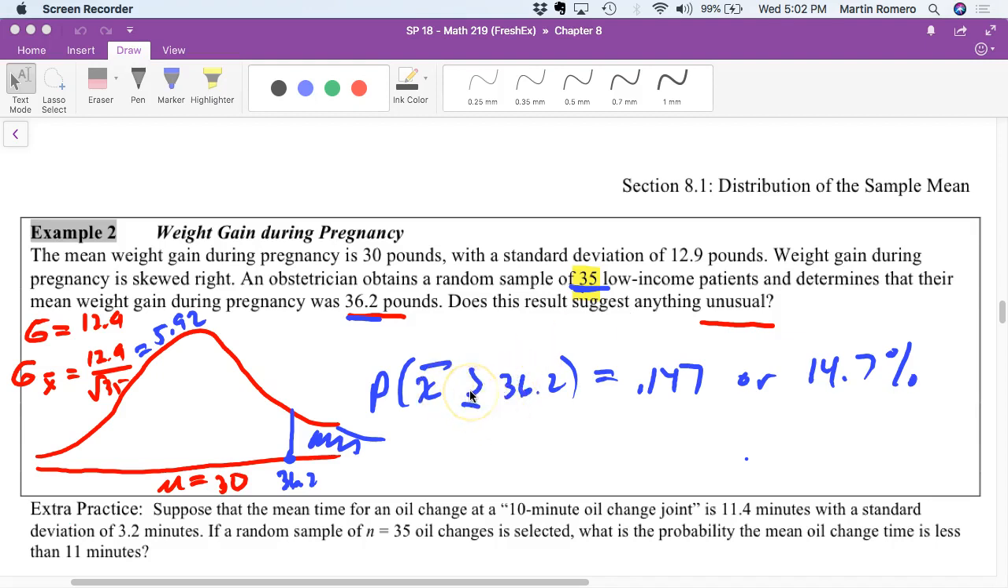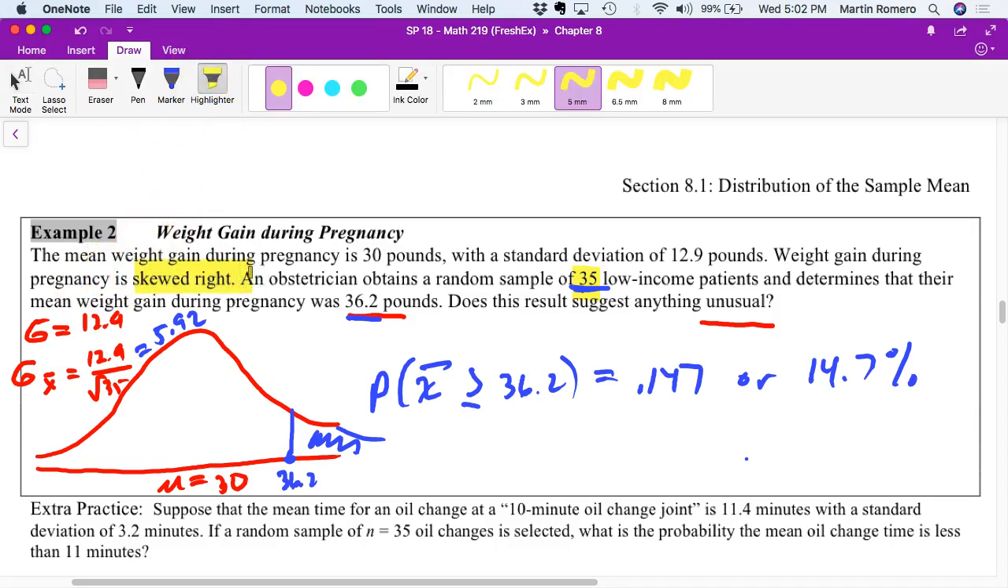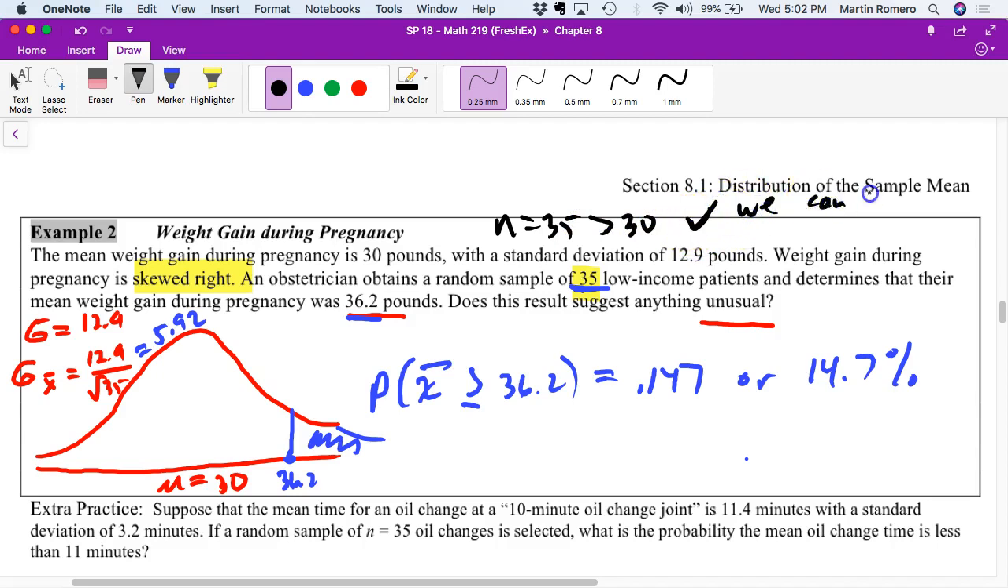And so in this case, what we're looking at is, what's the probability that the mean weight gain would be greater than or equal to 36.2 pounds? So what we do is draw a distribution here. The mean is 30, but we want to take into consideration that the original data is skewed right. We need to verify, at least in this case, that our n equals 35, which is greater than 30. So because of that, we can use the